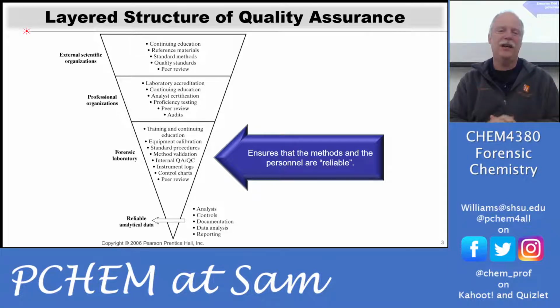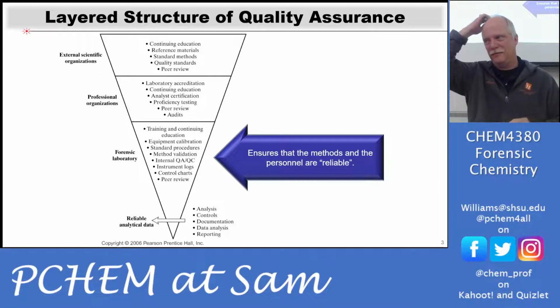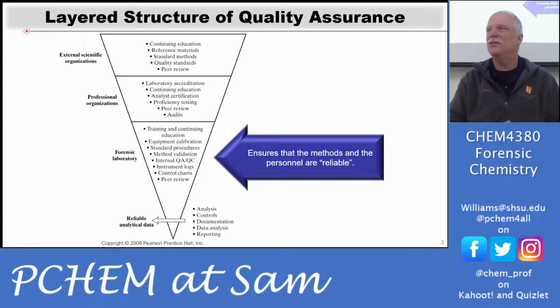If the procedure has some transposed numbers or something like that, you don't just make up the wrong batch of solutions just because there's a numerical error. You don't follow the procedures in a stupid way. You use your brain as well.